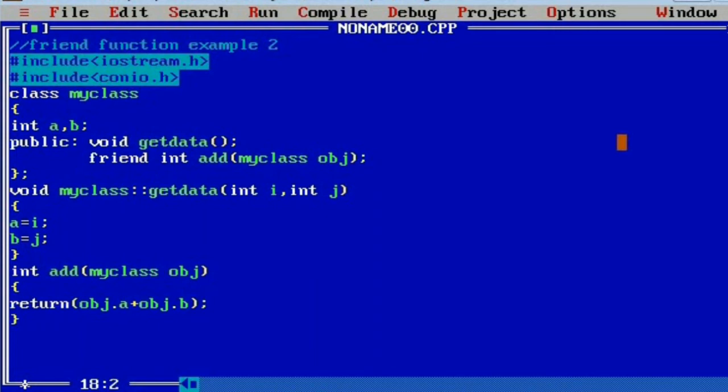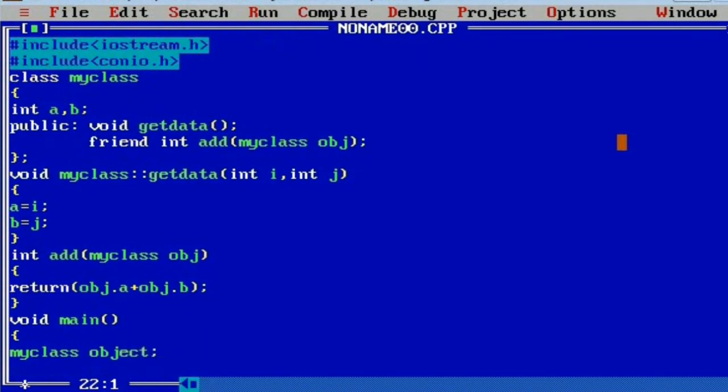Now we are going to define a main function, so that is void main, curly open brace, and then here I'll write MyClass and we are going to create the object of this particular class.